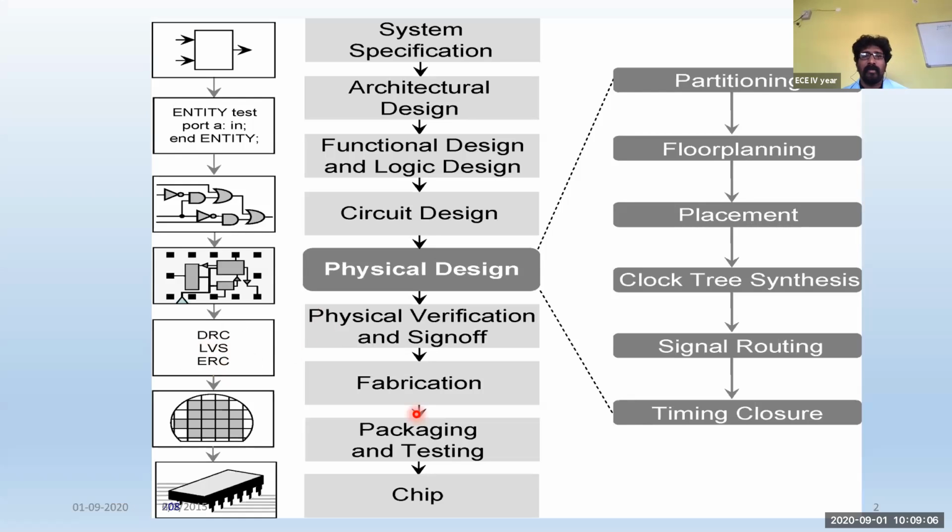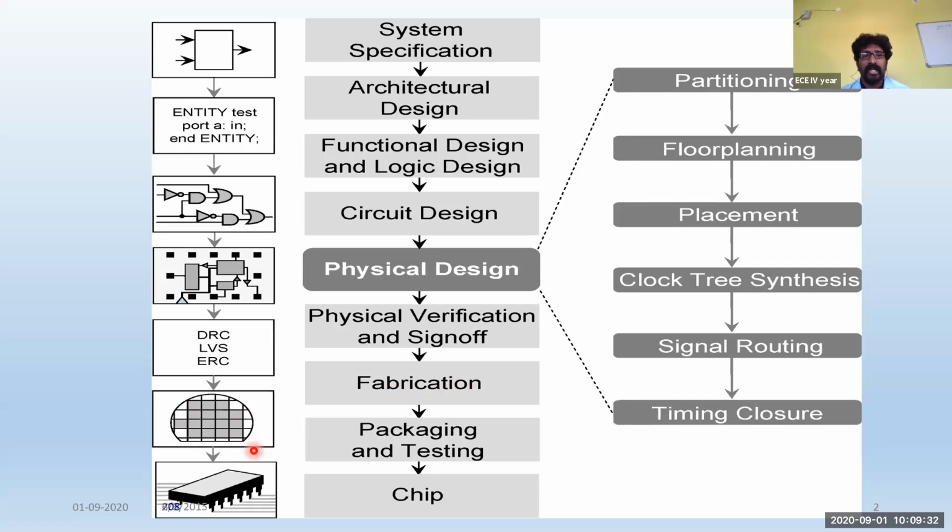The next one will be the fabrication part. This fabrication is nothing else but we have seen different kinds of fabrication techniques in VLSI, starting from the BJT, then CMOS. In CMOS, we have studied what is meant by PMOS fabrication, NMOS fabrication, CMOS fabrication, and BiCMOS fabrication. So by using any of these fabrication techniques, we can design that particular integrated circuit.